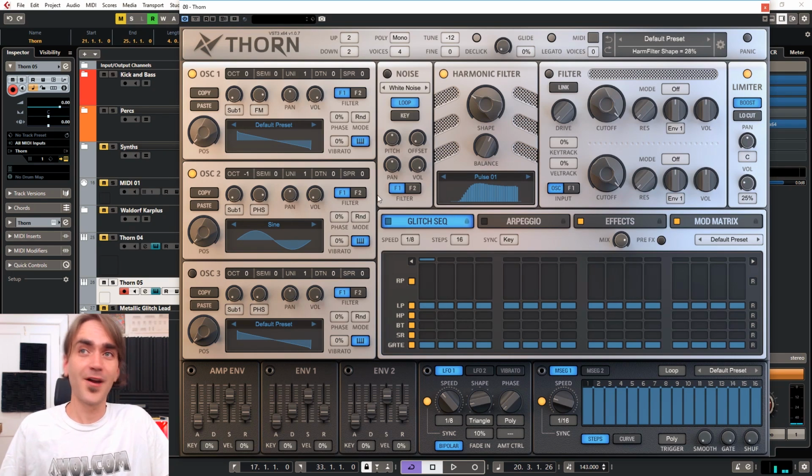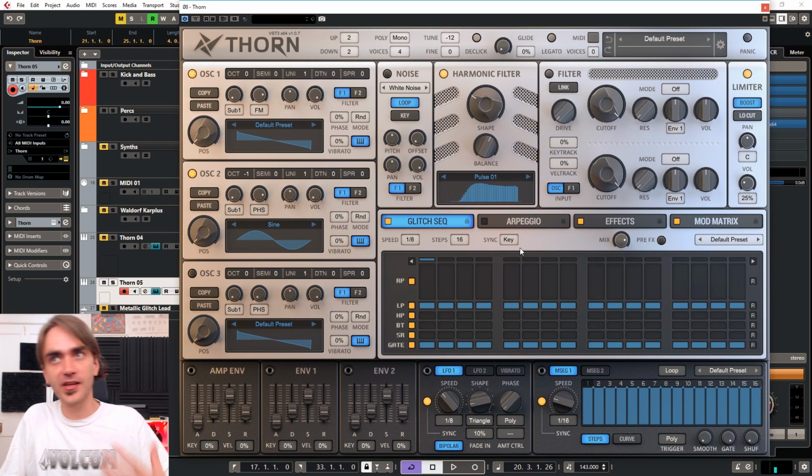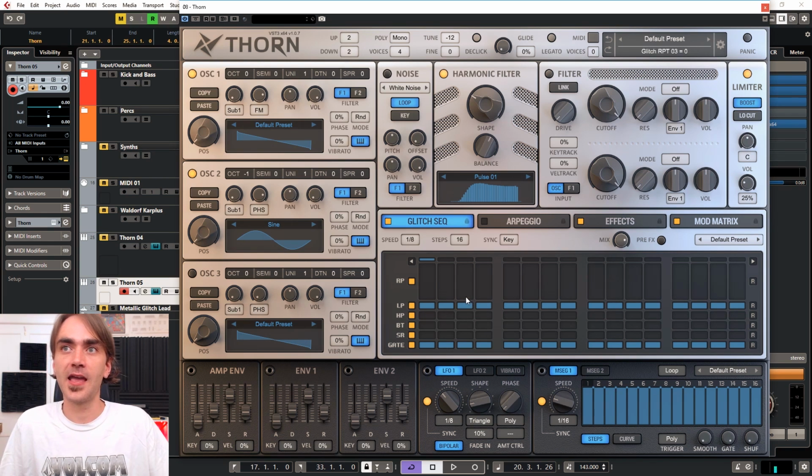Cool, so that's the harmonic filter. So this glitch sequencer over here, I used this to create a rhythmical pattern to emulate the way a robot or machine would move, using this retrigger generator over here. It's basically this line over here, and these, you swipe upwards to create the amount